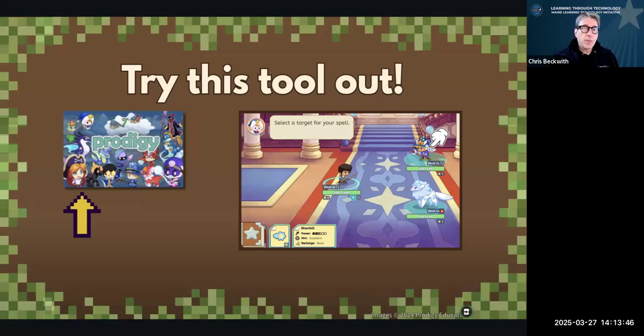There is a math part and an English part. So depending on what you want to reinforce, you can assign specific math topics or specific English topics, and then as the player goes through the world, they encounter different scenarios where they have to apply the knowledge of these concepts, and they love it.